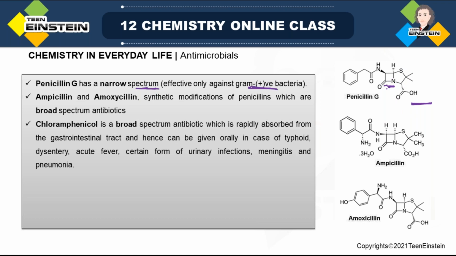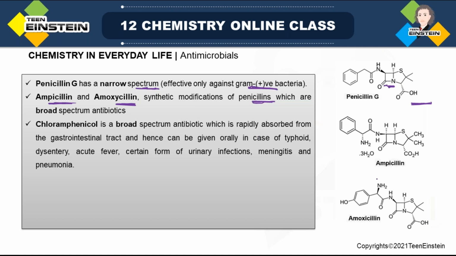Now this is the basic structure of penicillin G. The next 2 names that you are seeing are actually derivatives of penicillin G. So they are synthetic modifications of penicillin which are now broad spectrum. So original penicillin G is narrow spectrum, but when it is ampicillin or amoxicillin, now if you look at